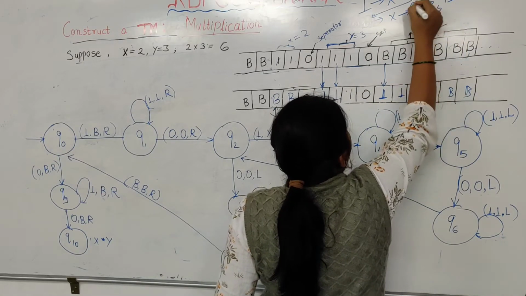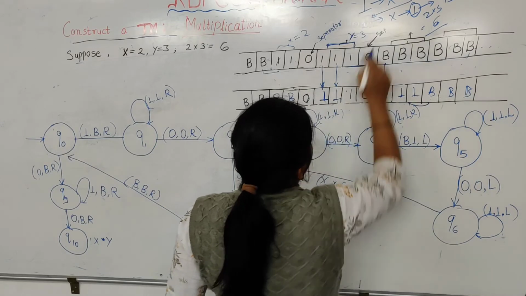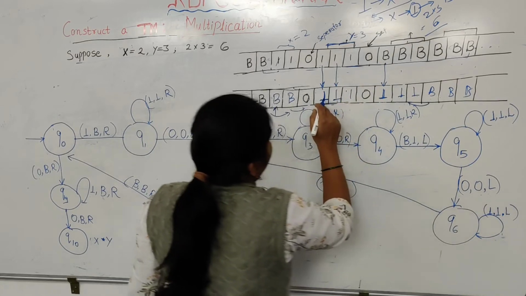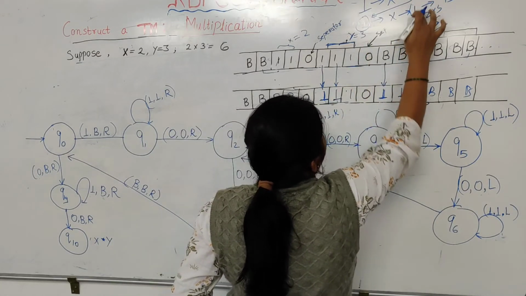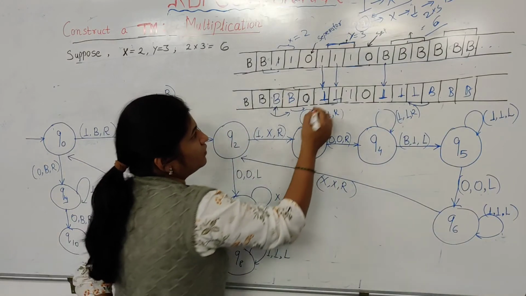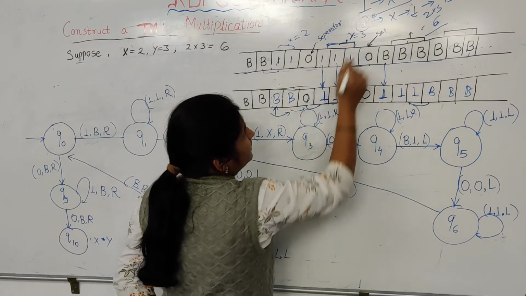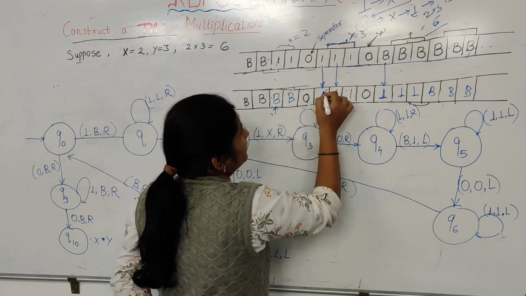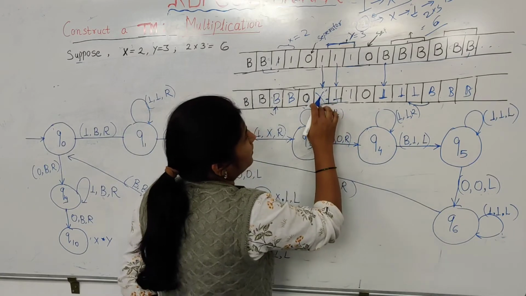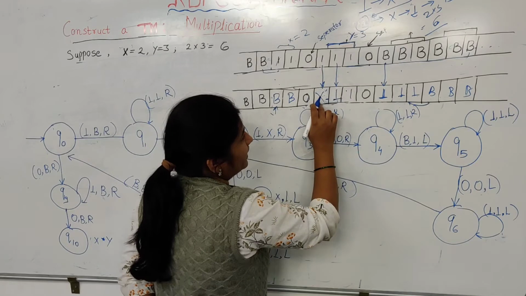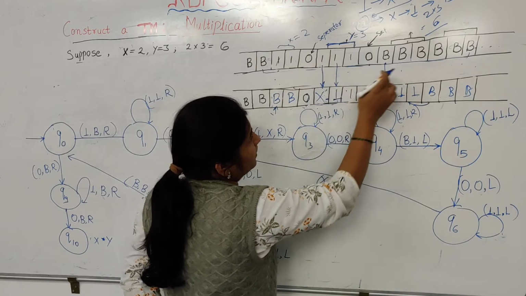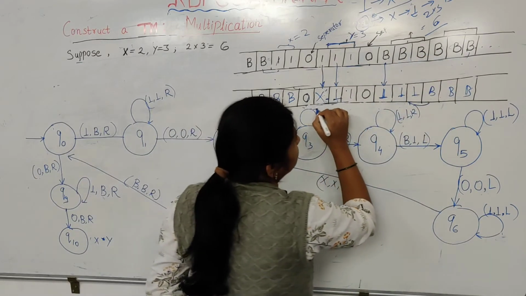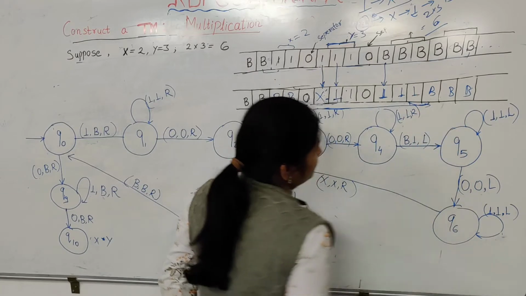So we had reached here. Okay, so where had we reached? We had reached 1 here. So how will we do this? Let's understand. After 0, when we see the 1, we have to convert it into x. Then for this x, as we have converted for this 1, we are converting the corresponding b also into 1. So we will move towards the right until we encounter the b.